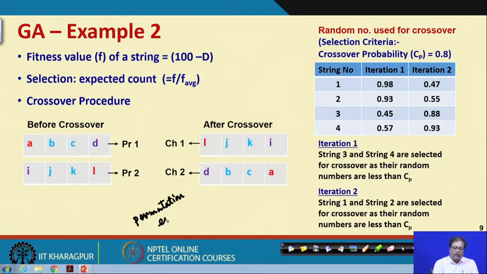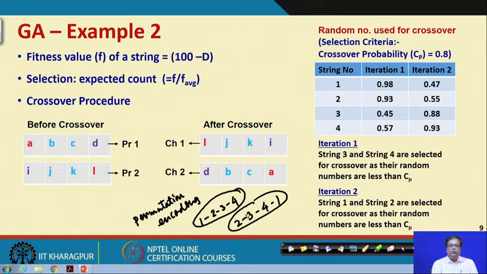The permutation encoding will be something like 1, 2, 3, 4. So, if another string is 2, 3, 4, then the fourth number should be 1. In assignment problem situations, 1, 2, 3, 4 means 1 to 1, 2 to 2, 3 to 3 and 4 to 4, and 2, 3, 4, 1 means 1 to 2, 2 to 3, 3 to 4 and 4 to 1. Alright.